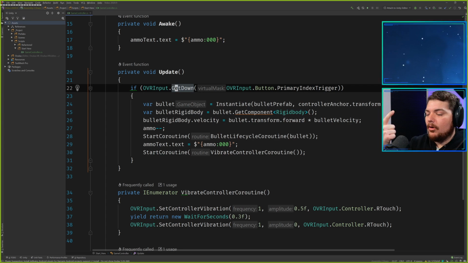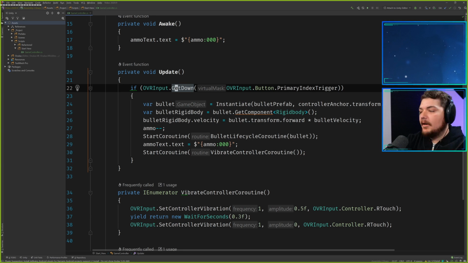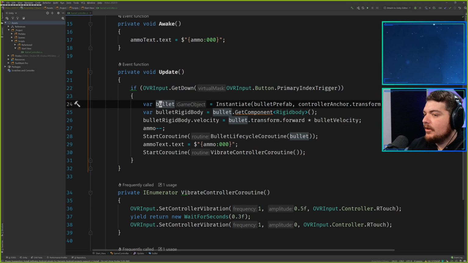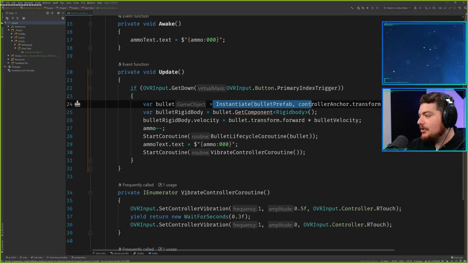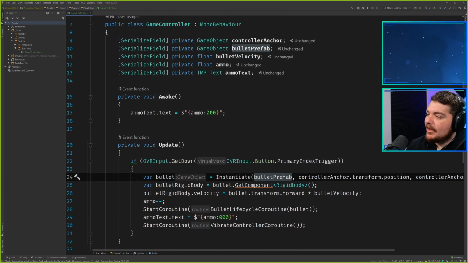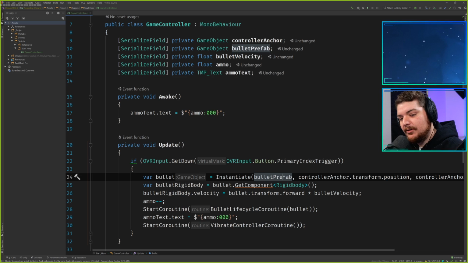So every time I pull the trigger, this is going to evaluate as true, and it's going to pop into this method here. Next thing it's going to do is instantiate a bullet based off of a bullet prefab that's exposed on a serialized field.